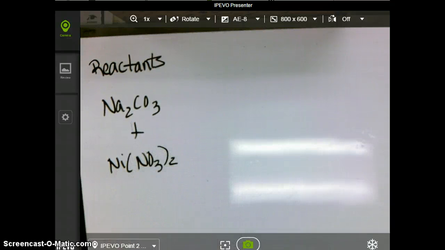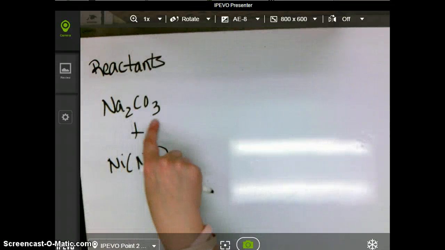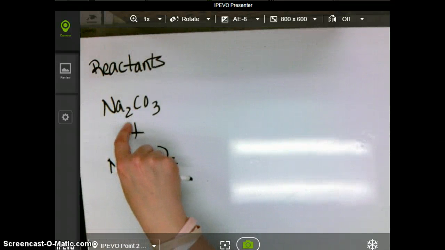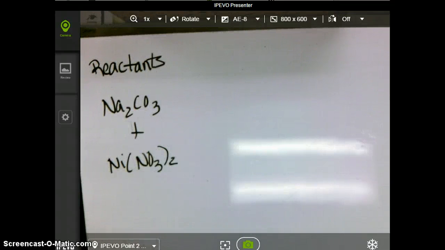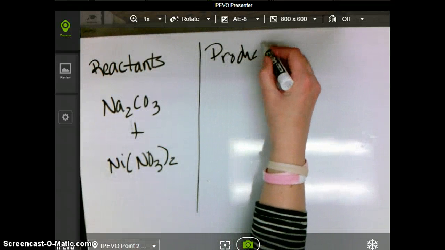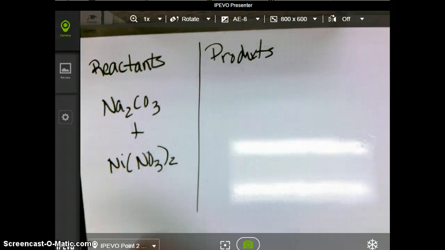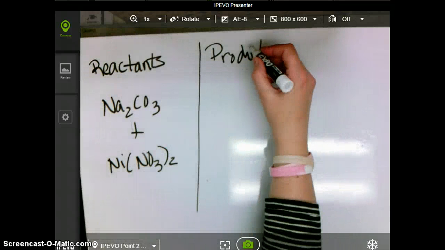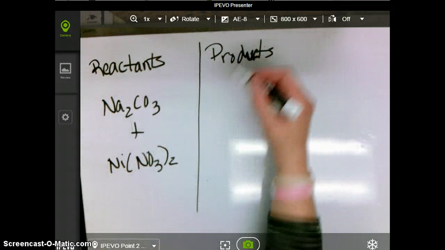Now, when I look at the chemical formula, it again reminds me of the charges on my ions. Carbonate is a -2 charge, and I can tell that because it took 2 sodiums to balance it out. My nickel must be nickel plus 2 because it took 2 nitrates. In order for you to predict who the products are, you have to be able to identify what type of reaction it is. So of our choices, single replacement, double replacement, synthesis, decomposition, combustion, we're going to look at our